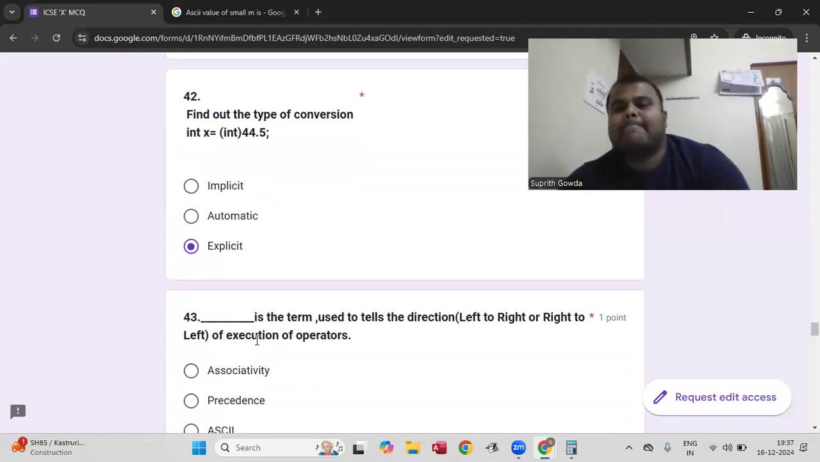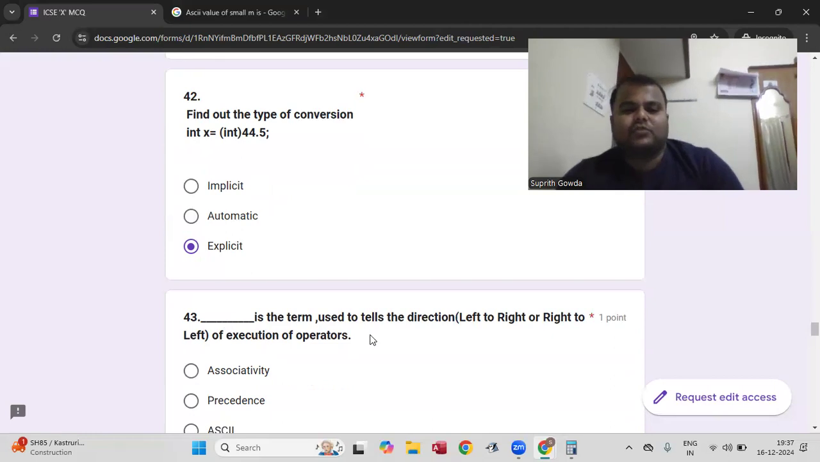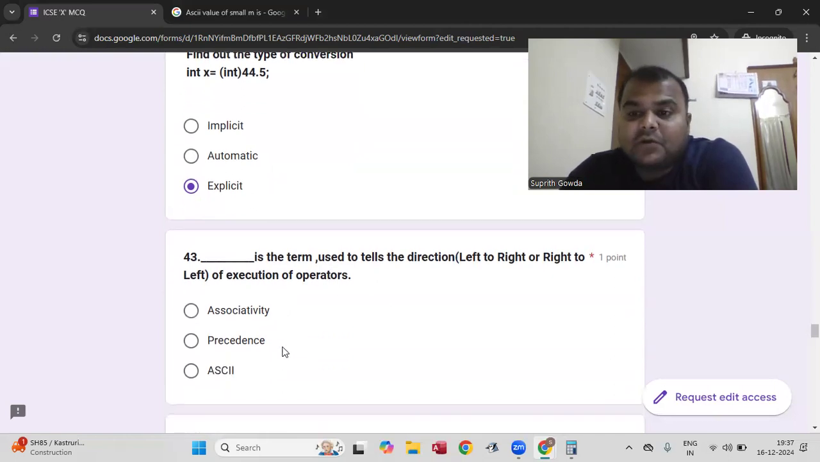Next, dash, the term used to tell the direction, left to right or right to left. This is an important question. I think many don't know this one. We have precedence and associativity. What is the meaning of precedence? Precedence means which operator we are going to execute first. If operators plus and minus have the same precedence, which one do you execute? Then we have